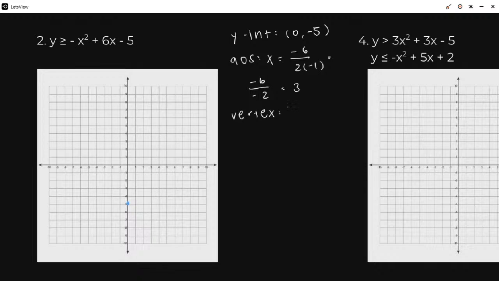So then for the vertex, that means our x-coordinate is 3, and we want to plug in 3 for x. So y equals negative 3 squared plus 6 times 3 minus 5. So that's negative 9 plus 18 minus 5. So we get 4. So the vertex is at the point 3, 4,